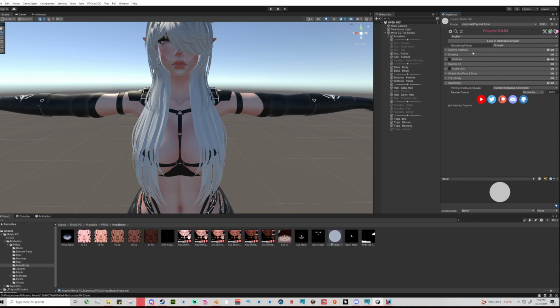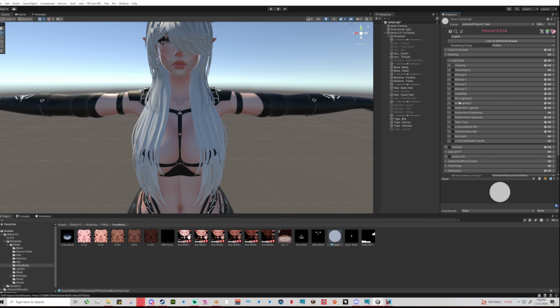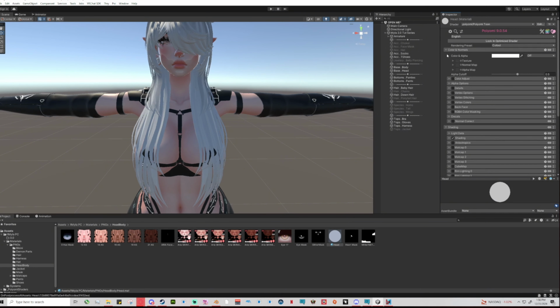I imported. Something very important is you're going to want to change this rendering preset from opaque to cutout. Now, something very important is like for our eyelashes, for example, or our hair, anything that has an alpha map, you'll want to change to trans clipping, fade, or transparent. You can also leave it on cutout, and under the shading tab, or the colors normals tab is these alpha